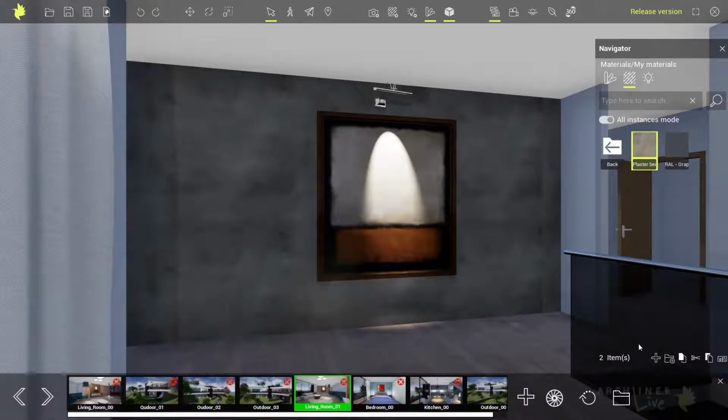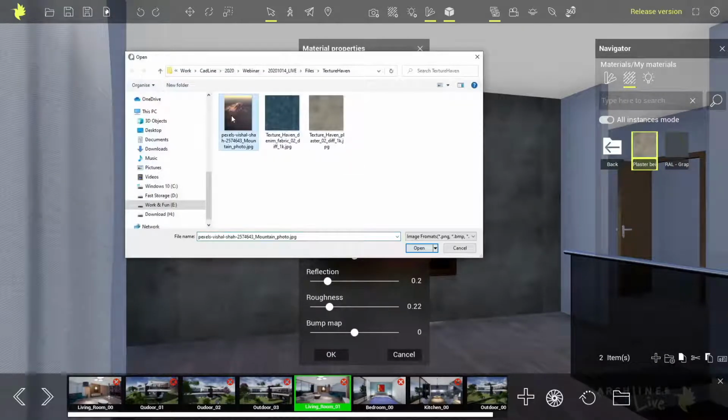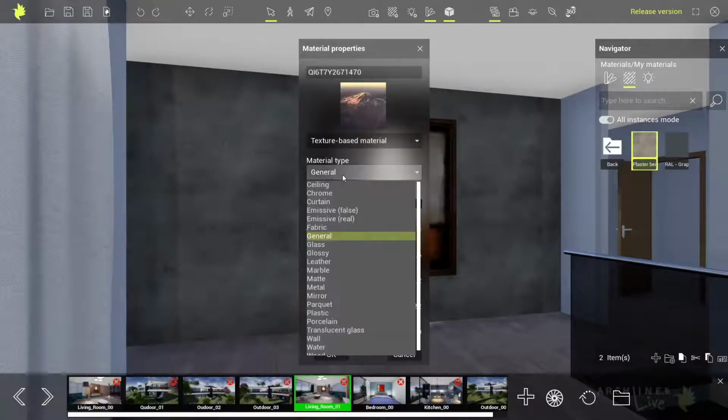That's actually the same story. You just go here, and again you just go to texture based. You select this image. Actually, this is a photograph I have downloaded from Pexels, which is again a brilliant website. It's a great source for images, paintings, and so on. So you just find it there, click on open, and then you will end up with the basic general material that you can change